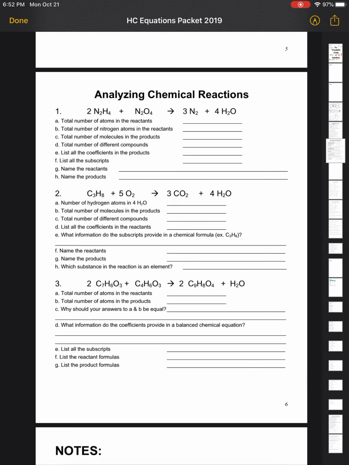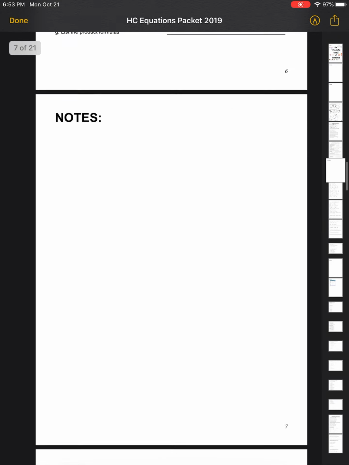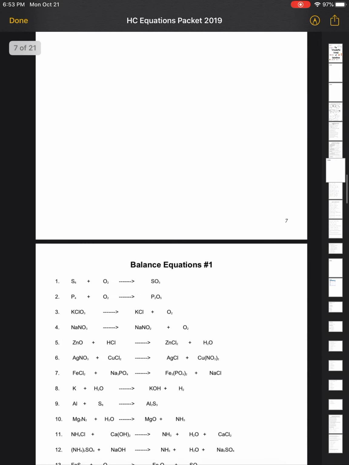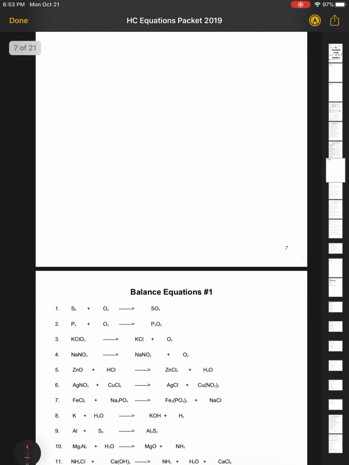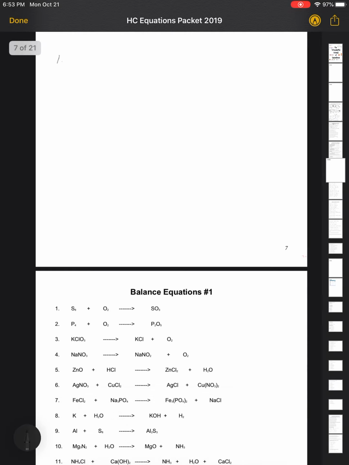And so knowing coefficients, knowing what compounds are, knowing what elements are, reactants and products and molecules and atoms, elements. Knowing those is important for what we're doing. But we're going to forego that for this video, and we're actually going to skip ahead, and we'll stop here halfway between page 7 and 8. And the main goal with this is to take what we see on page 8, which is where it says balancing equations, number 1, and making sure that we understand how to model this idea of